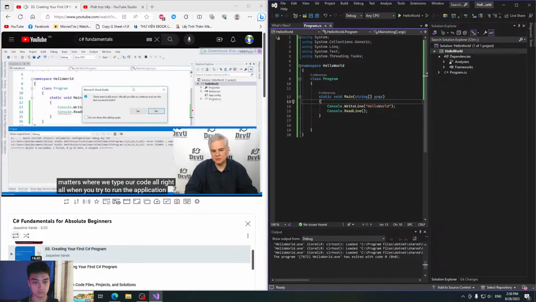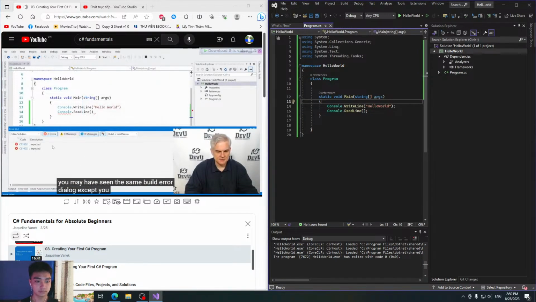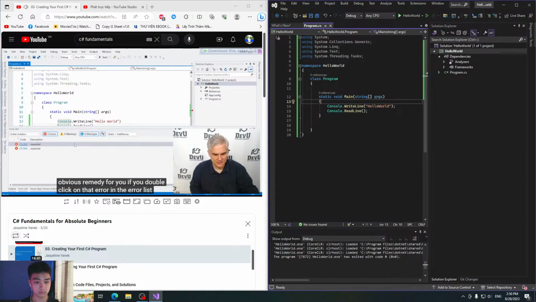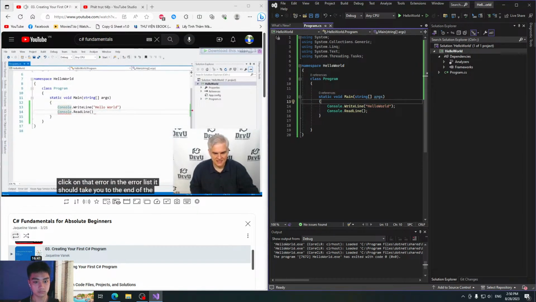Or when you try to run the application, you may have seen the same build error dialog, except you see the message "semicolon expected." Hopefully this is an obvious remedy for you. If you double click on that error in the error list, it should take you to the end of the line of code where you forgot to add a semicolon.